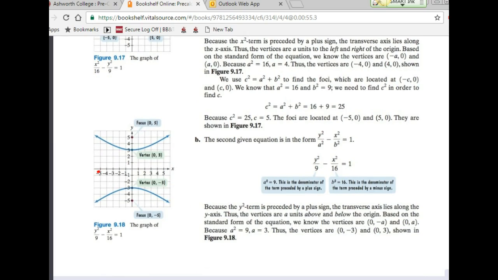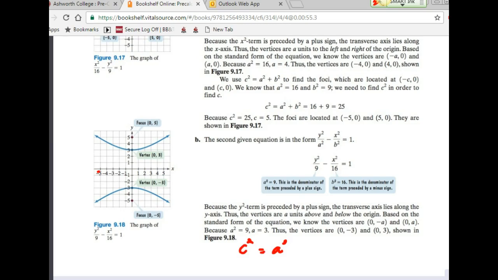Remember, hyperbolas always come in pairs. It's kind of like you split an ellipse or hyperbola and made it go both directions, or parabola, I should say, and made it go both directions. As we're working through that, we know that the vertex is at, again, 0, 3 and at 0, negative 3. If you're going to use the a squared plus b squared equals c squared, then what you're going to end up with is,